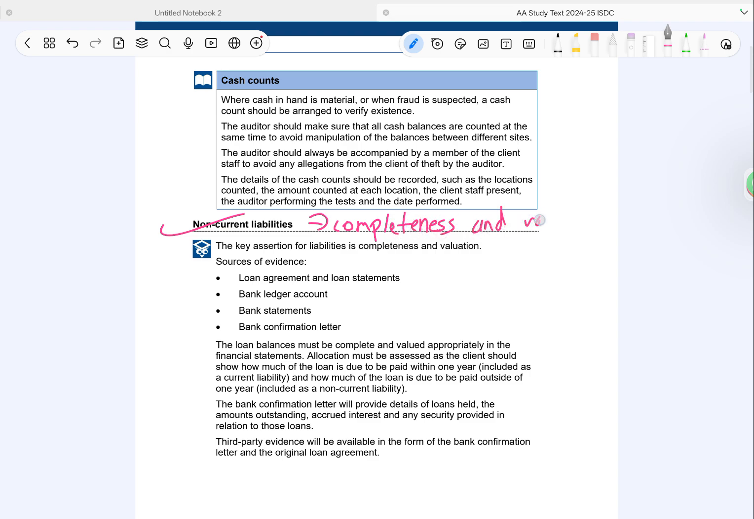Moving to non current liabilities, the key assertions are completeness and valuation. The auditor must ensure that all loan balances are fully recorded and correctly